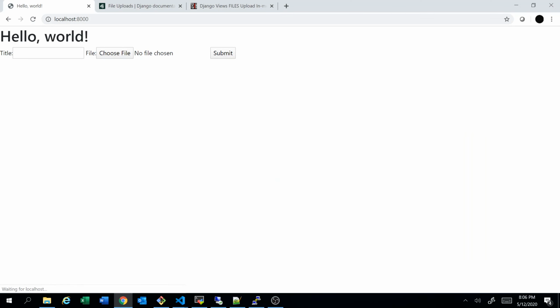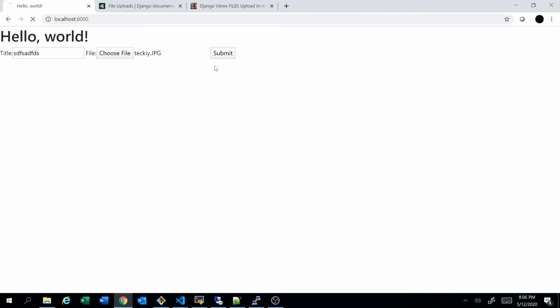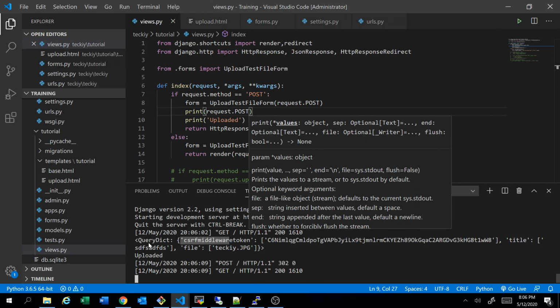Refresh once again, choose file, submit. So it returns the query dictionary, query set, that's cool, and it has a CSRF token and title, that we have given as some random characters here. What else? Other than the file